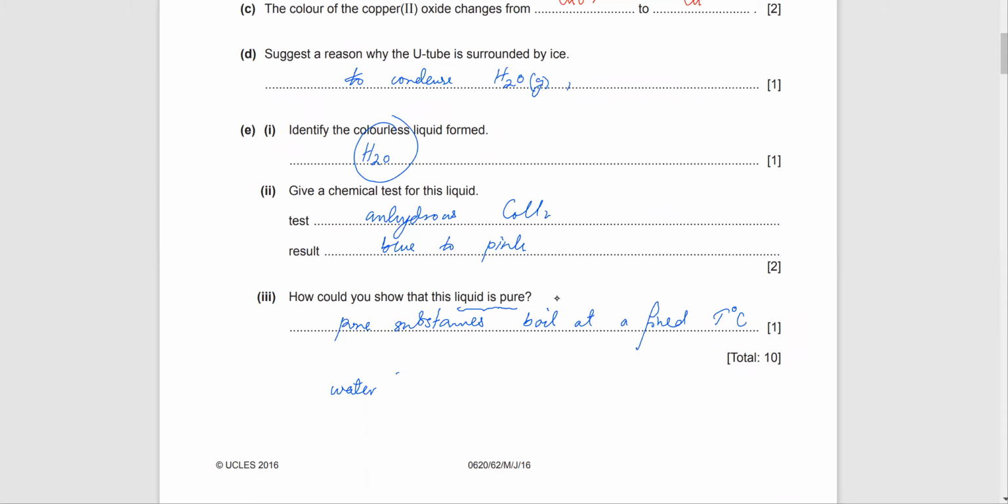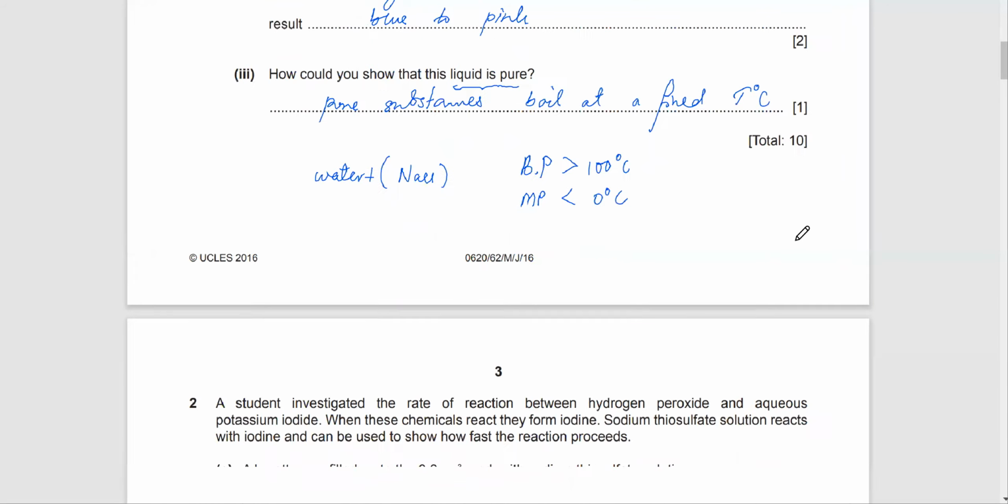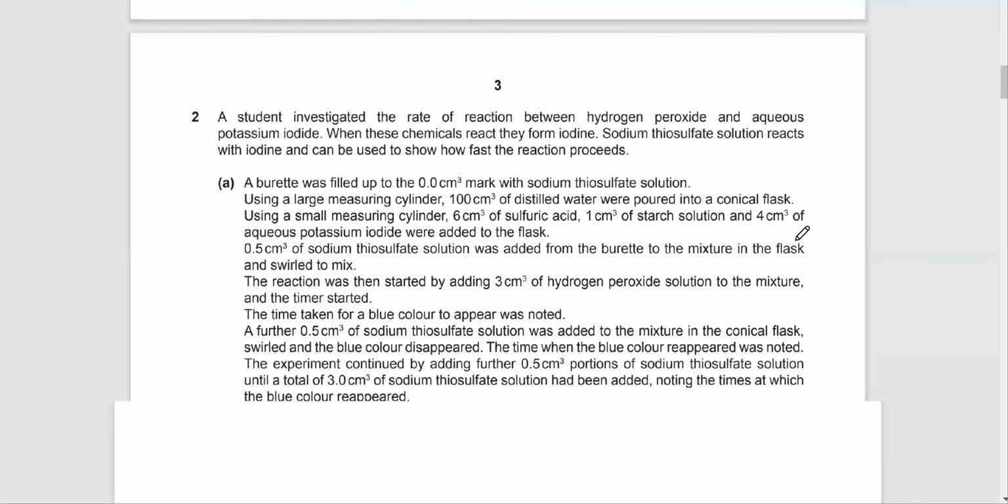But if you have water which has salt in it, like NaCl, then its boiling point would increase. It would become greater than 100. It might be 102, it might be 103, and its melting point would be lesser than 0. Okay, so remember this as well. The question for this part was how do you show it's pure, because it's going to boil at a fixed temperature. The next part is